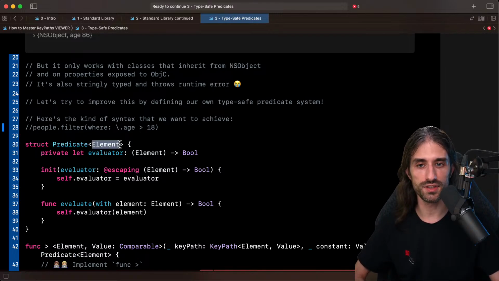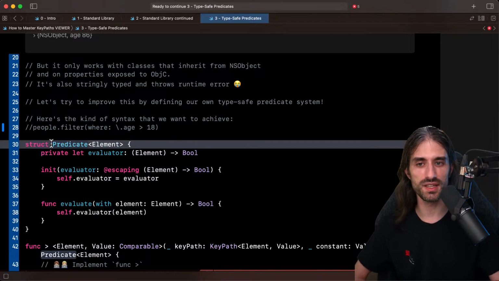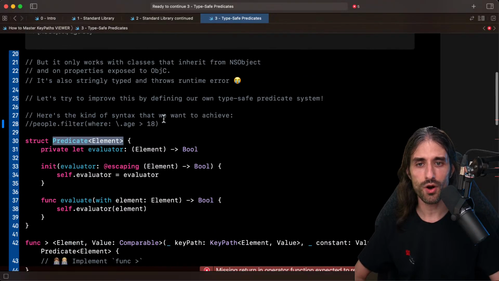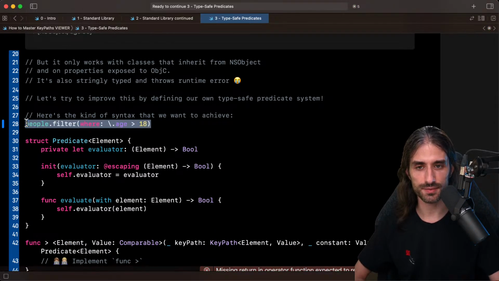So this is just a way to have a type that wraps the predicate and has a nice generic syntax around it. And also, I could have used raw closures, but then we would have ended up with functions that would have closures everywhere in their signature, and you will see that being able to say Predicate of Element in a signature really helps have code that feels cleaner. So now, how do we implement this syntax?